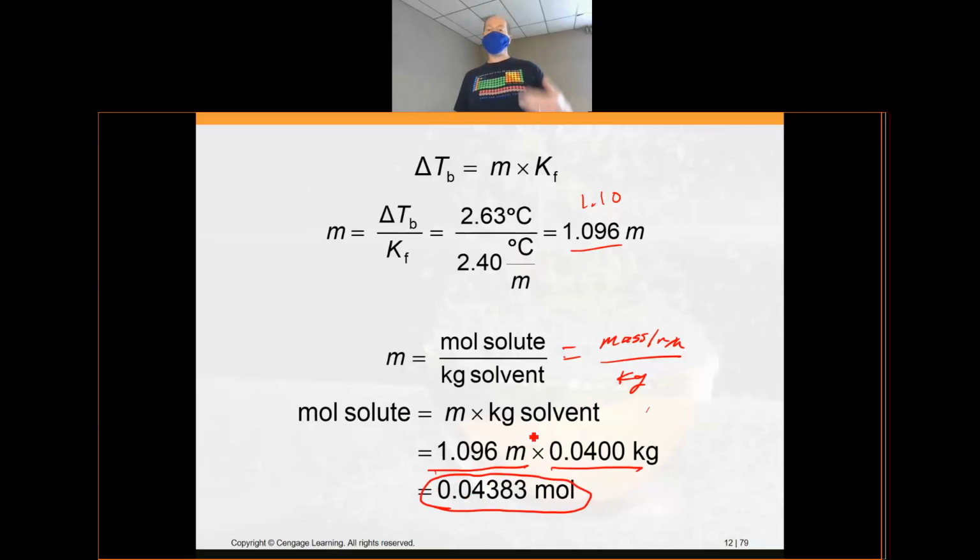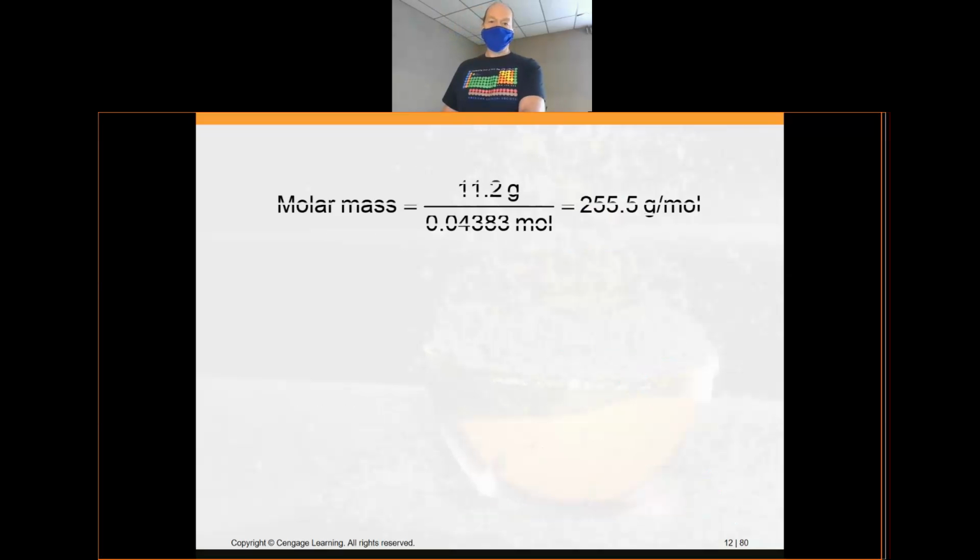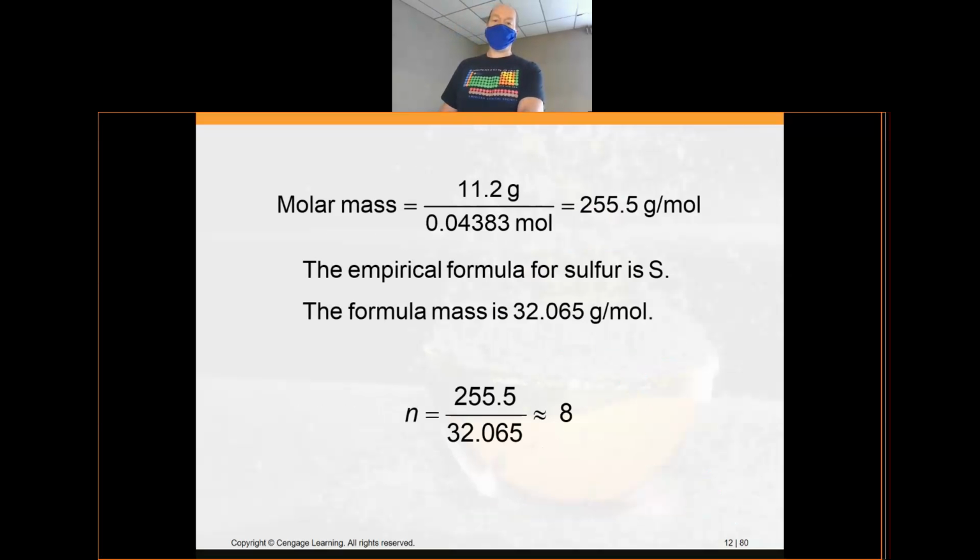So what they always do is they solve for the moles, and then they take the grams and divide by the moles, and that gives you your molar mass. So they take the 11.2 divided by the moles. All right, so once we got our answer, which should, to the correct sig figs, be 256 grams per mole,